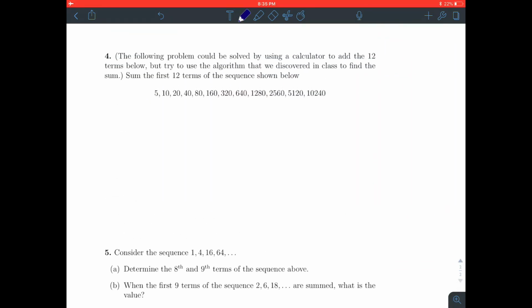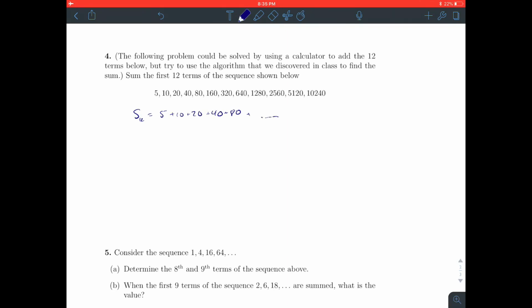All right, for problem number 4, the following problem could be solved using a calculator to add the 12 terms below. But try to use the algorithm that we discovered in class to find the sum. So we need to sum the first 12 terms of this sequence. So I'm going to say s sub 12 is equal to 5 plus 10 plus 20 plus 40 plus 80